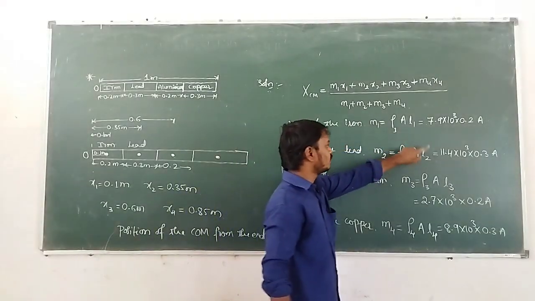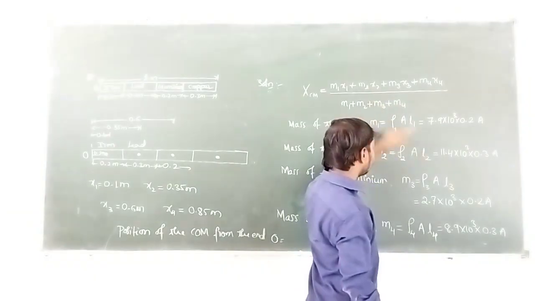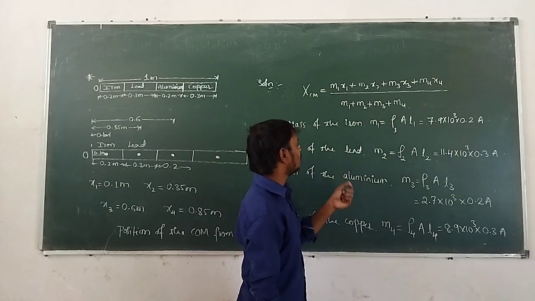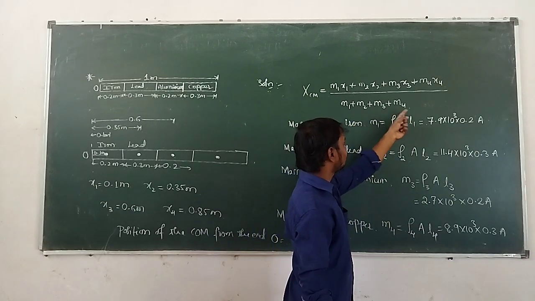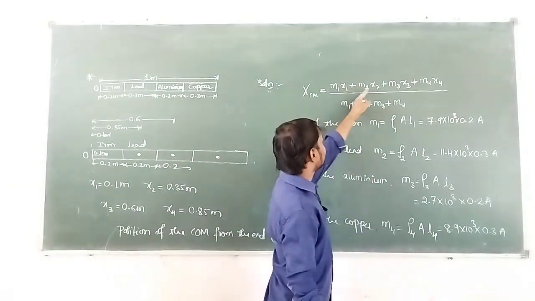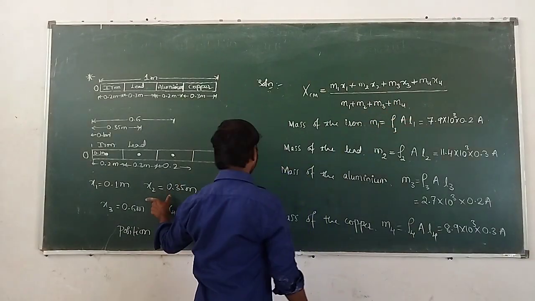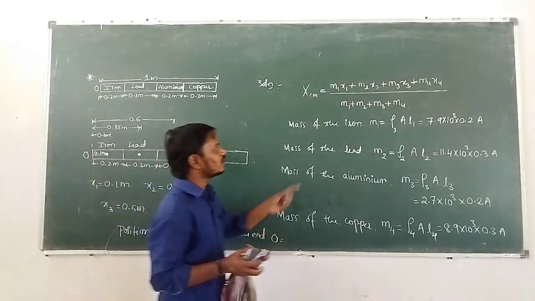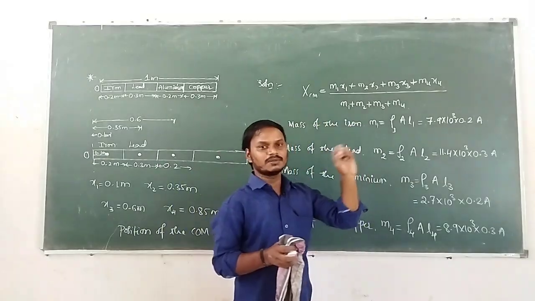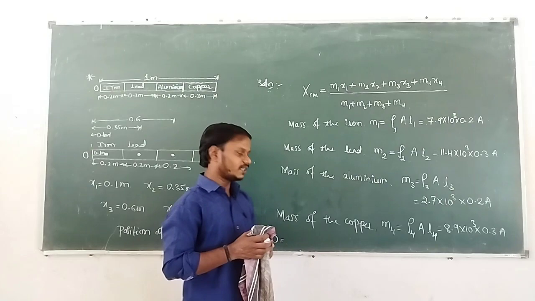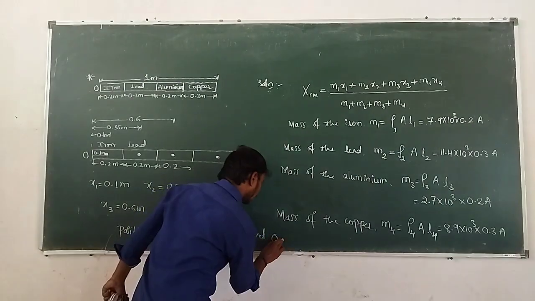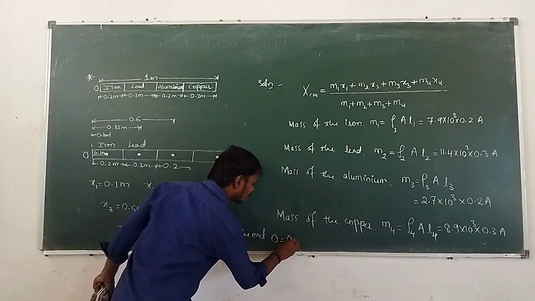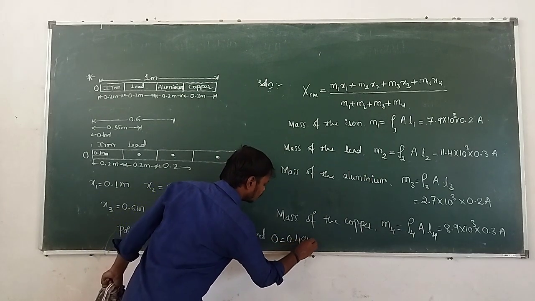M1 this much value here, and M2 given here, M3 given here, and M4 given here. Substitute the values. Again M1, M2, M3 values are substituted here. X1, X2, X3 and X4 we got here. Then substitute them. A values are substituted, but here A cancels out. Finally, the answer is 0.481 meter. What is the position of the center of mass from the end O? That is 0.481 meter. Hence this is